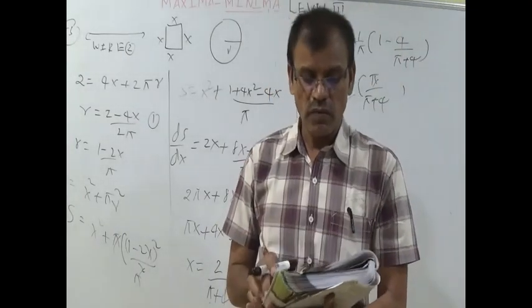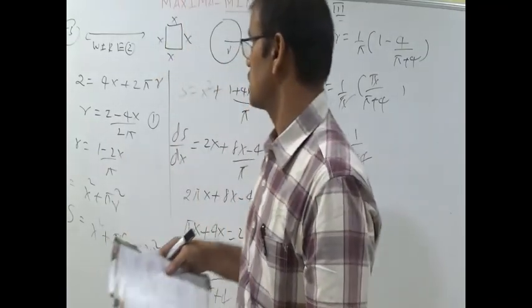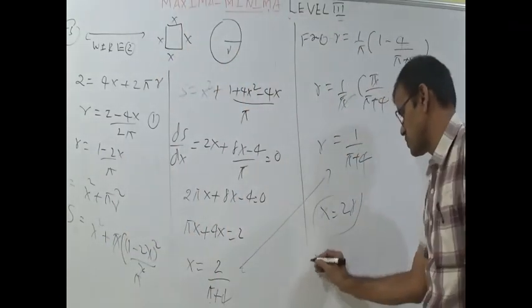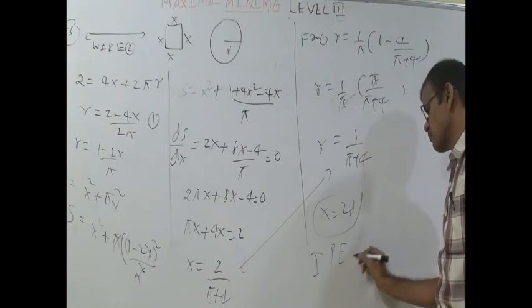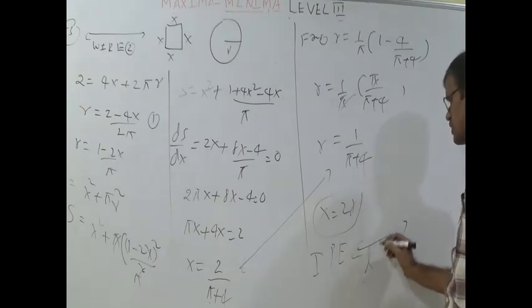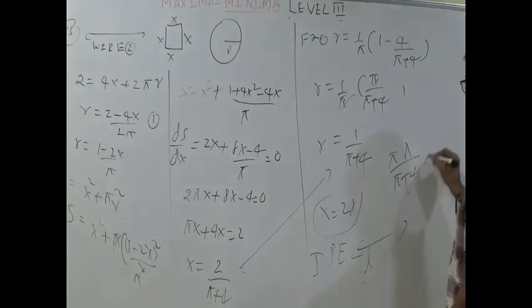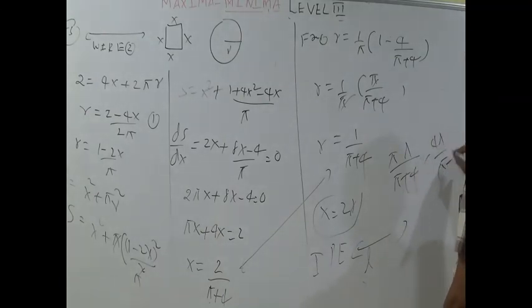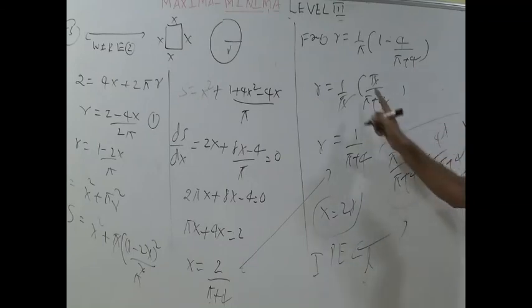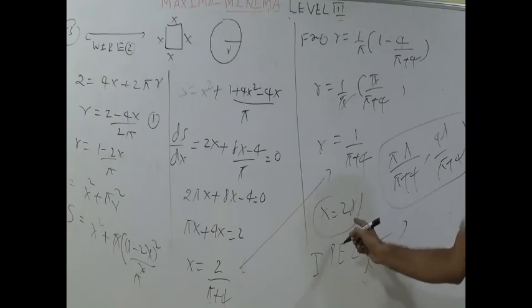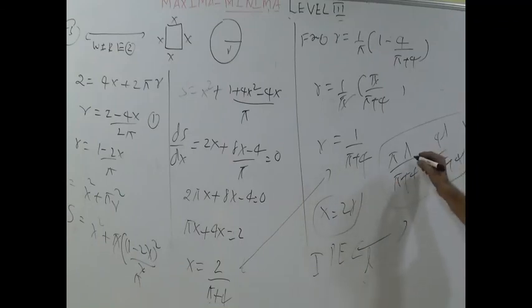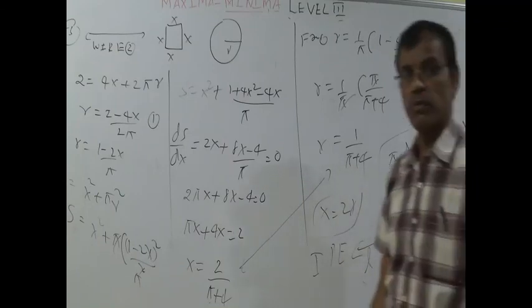Next I want to discuss with you that I already said this question, this is an IPA question. In the IPA question, where the wire has length L, that day also I said the answer is pi L by pi plus 4, comma 4L by pi plus 4. If you remember that answer by heart, you can say it easily without doing this sum directly: pi L by pi plus 4 comma 4L by pi plus 4.